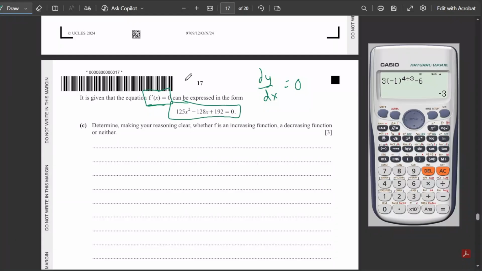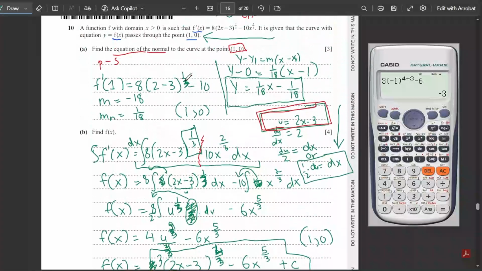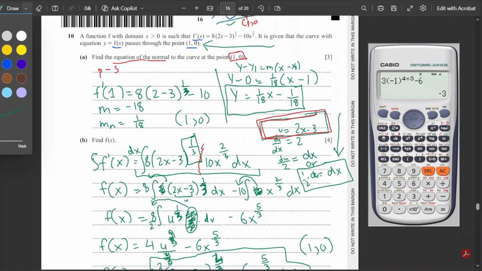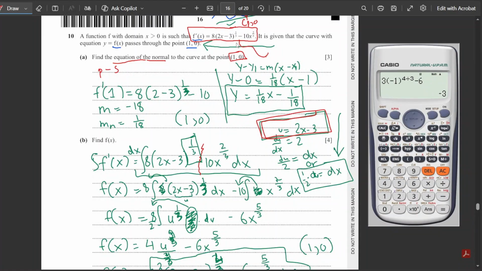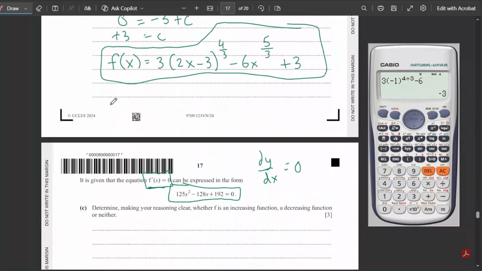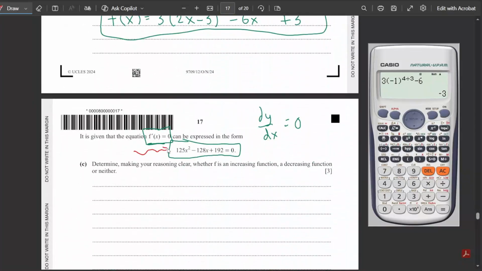Now, why did they tell you that? Because initially I believe you had it in this particular form, so this right over here. And they're basically saying that instead of writing the derivative in this equation, you can write the derivative in this equation over here. And so part C says, determine, making your reasoning clear, whether f is an increasing function, a